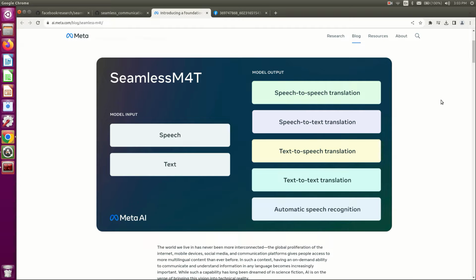Welcome to my channel. In today's video, we are going to test out a model from Meta AI called SeamlessM4T. The SeamlessM4T model is a multitask, multilingual,